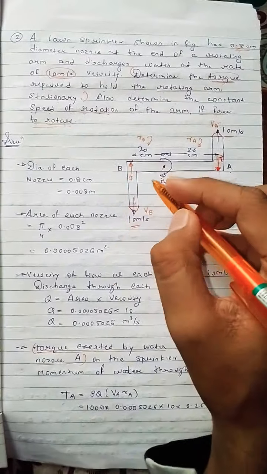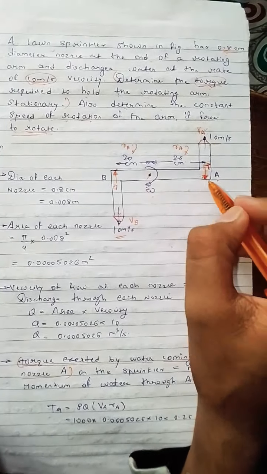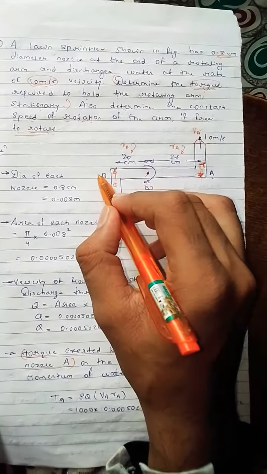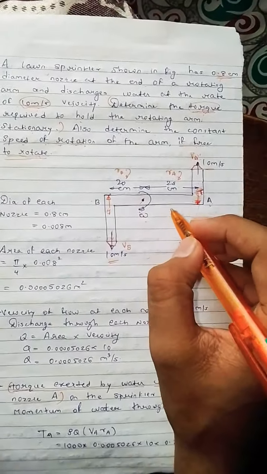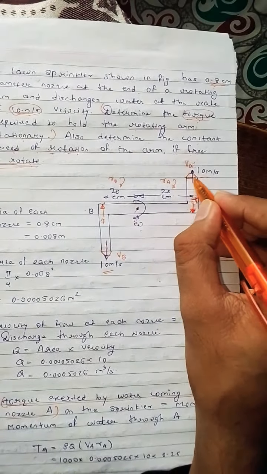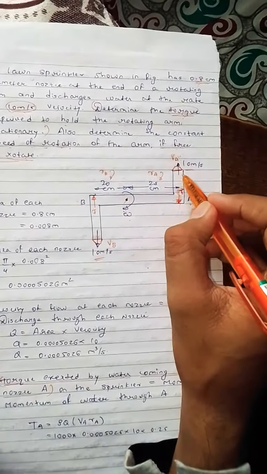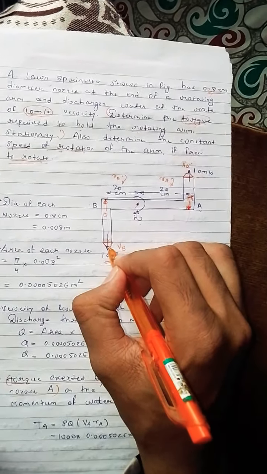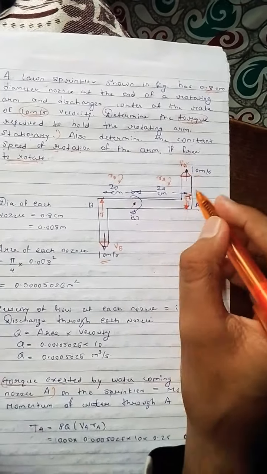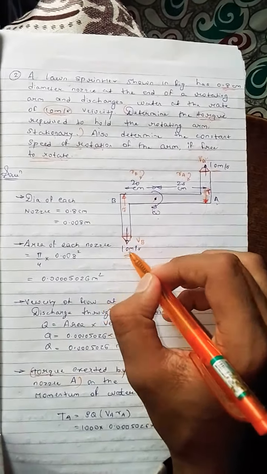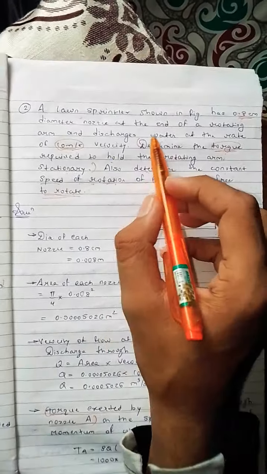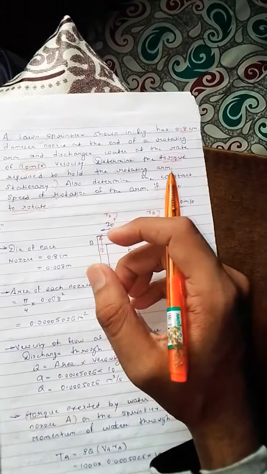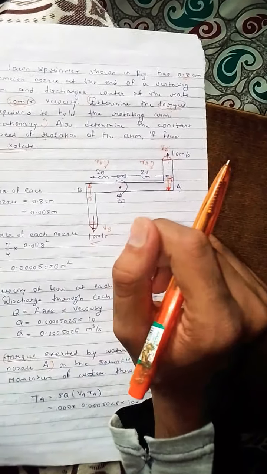This is the zigzag shape, and I have named the right side point as A and the left side as B. Here is the nozzle. This arrow states the velocity at A, and here it is the velocity at B. The velocity at A is 10 meter per second and the velocity at B is 10 meter per second. They have clearly mentioned that the velocity is 10 meter per second. They have not mentioned different velocities, so obviously it will be the same velocity at the nozzles.